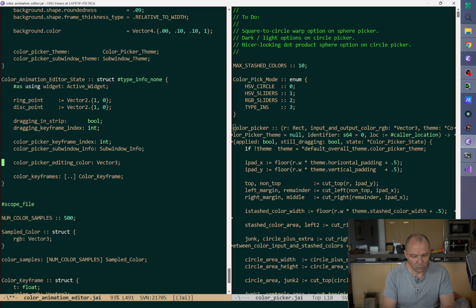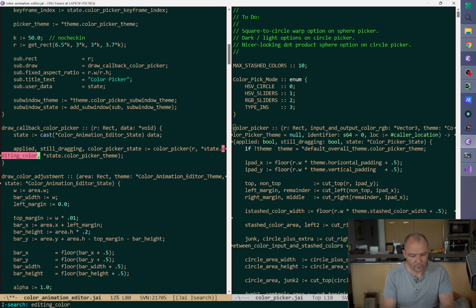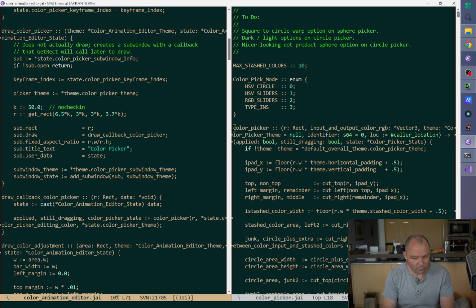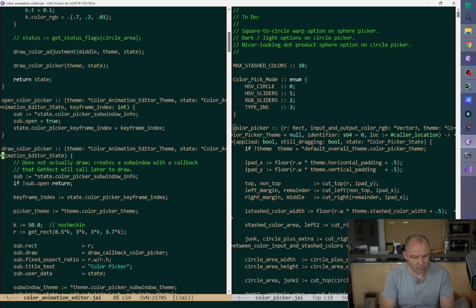All right. So what we're going to do actually is when we open the color picker, because you want to be able to revert back to the old color, and if you overwrite the color every frame, you don't have that information around anymore. So we're just going to say when you open the color picker,